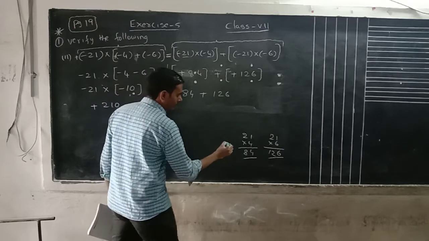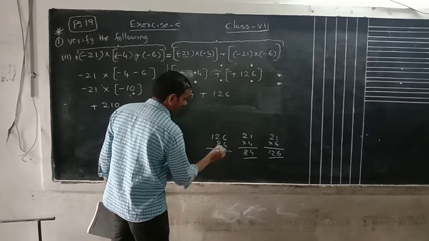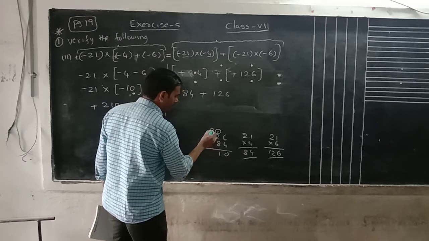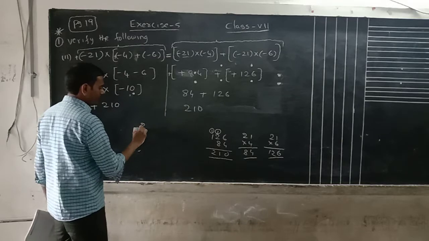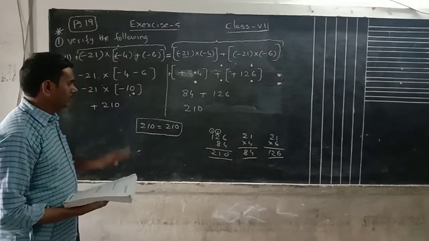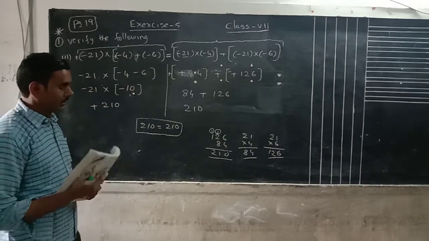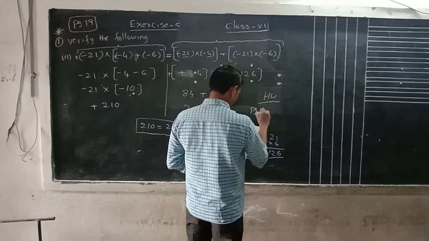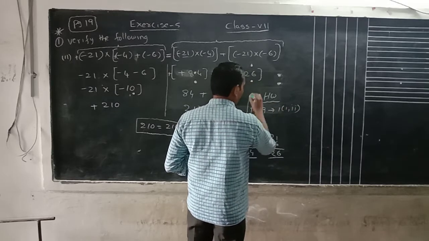Now add these. By adding these, what can we get? 126 plus 84 is 210. Both results are the same or not? Same. 210 equal to 210. These are two sums, very important and very easy sums. Just a simplification. We have to practice these two sums again. Okay. What is the homework today? Homework you have to complete page number 19, first one and two. These two sums again.